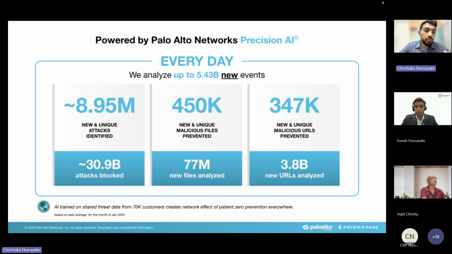Out of those, we analyze 77 million new files, and we detect 450 unique malicious files and prevent them. All of these capabilities are delivered with the amount of data that we are getting. And the data that we are collecting is telemetry data, sanitized to make sure that no PII is being shared.